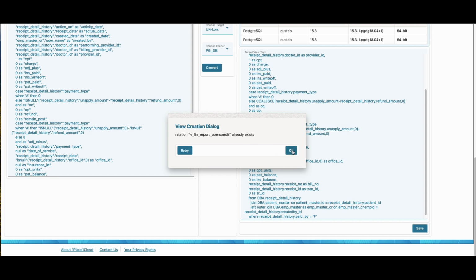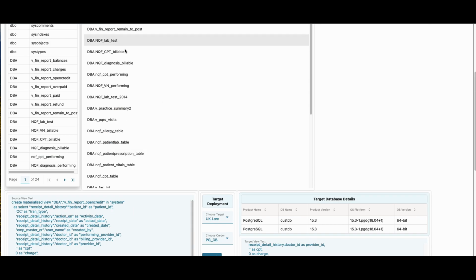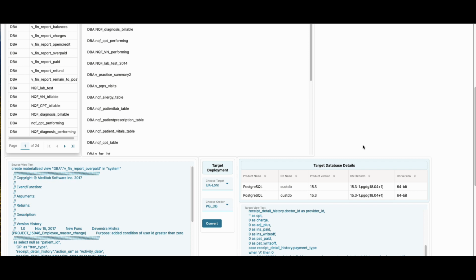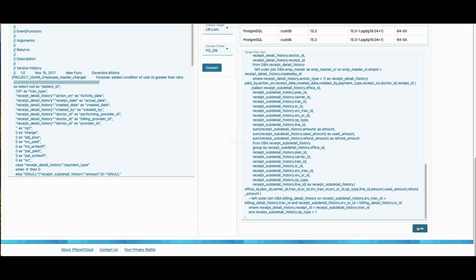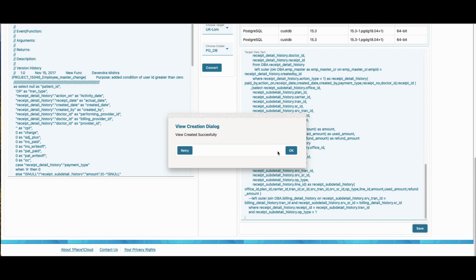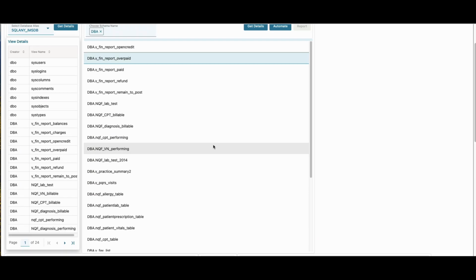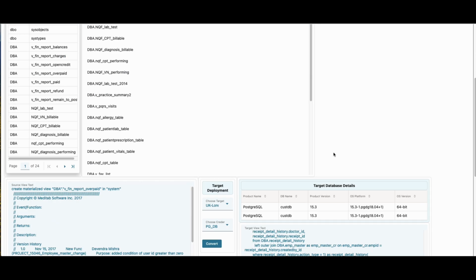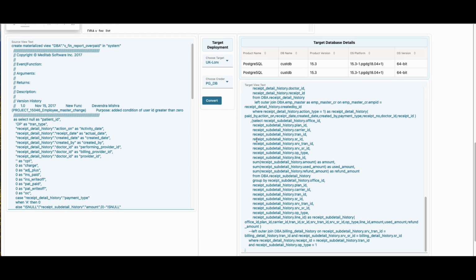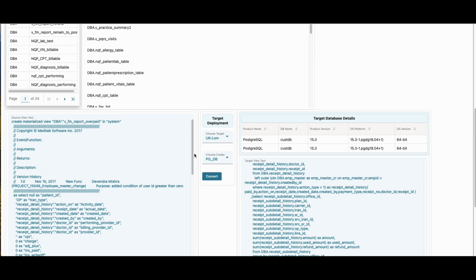Then this view is already existing on the target database. We'll choose another view, and then it got created successfully. So similarly, we can automate this as well by creating all the views in an automated manner, thereby recreating all the objects on the target database in the Postgres